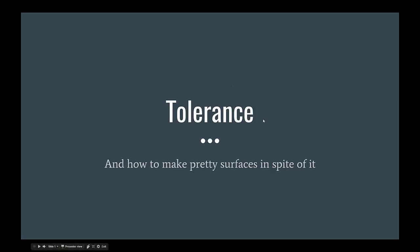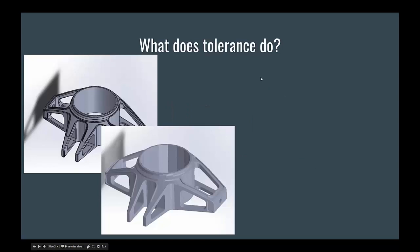So today, tolerance and how to make pretty surfaces in spite of it. The first thing is, what does that tolerance setting do? You'd probably have noticed it at the top of every single operation, I think, in HSM Works, in Fusion, in Inventor. And at least in all of the 3D toolpaths, I think its main purpose is to set the tolerance, the surface triangulation tolerance, which winds up being,